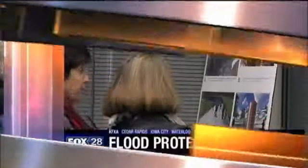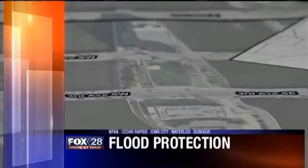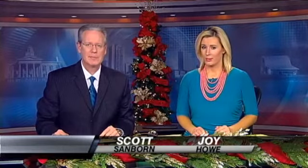Now at 9:30, people in Cedar Rapids are seeing how downtown could look a lot different when flood protection is installed. The money is nearly secured for the project, so what's left is figuring out what it will look like. The city held an open house tonight showing models and maps of the options that engineers had given them. Fox 28 News reporter Kevin Barry is live with how one group is raising concerns over a piece of the